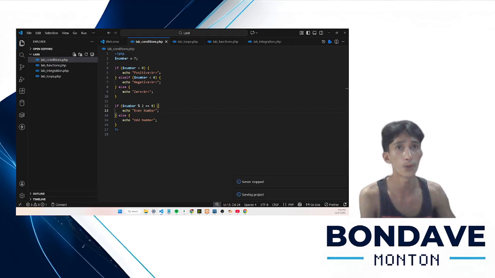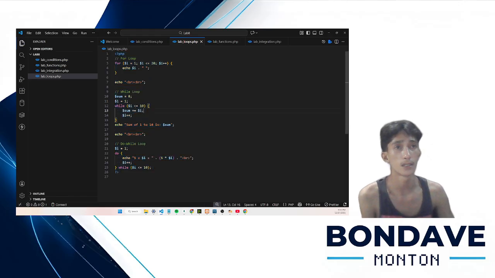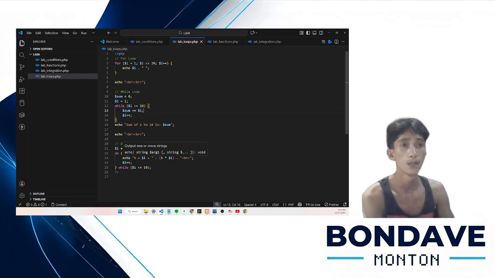So we proceed to the next part, which is looping. There are three loops: the for loop, the while loop, and the do while loop.